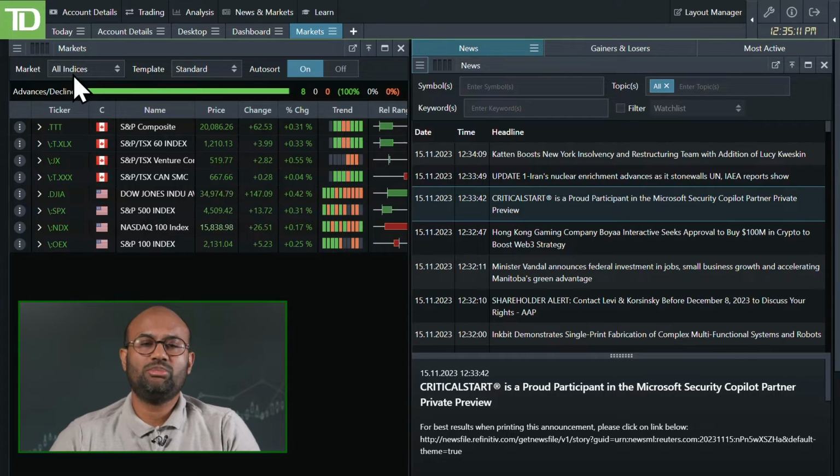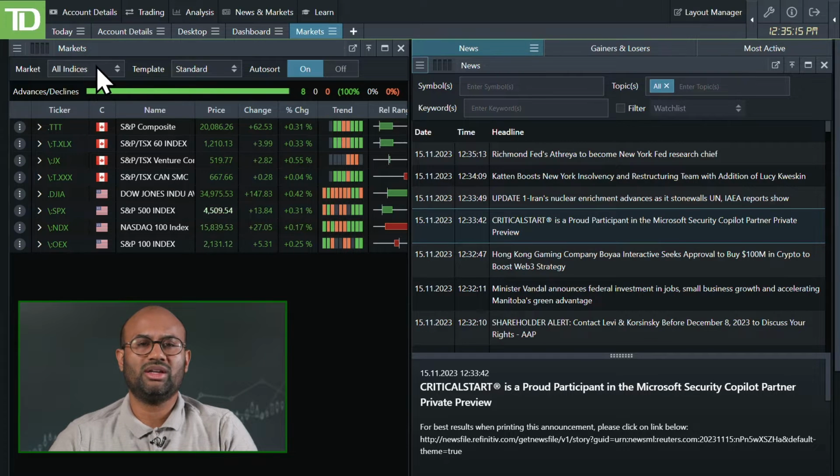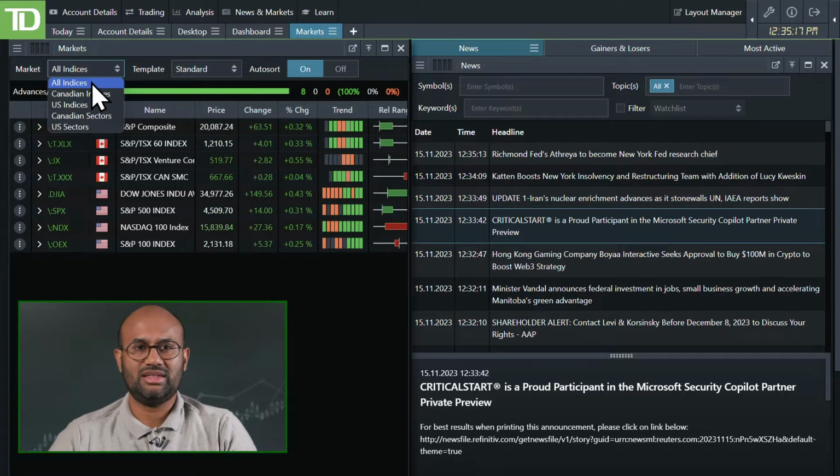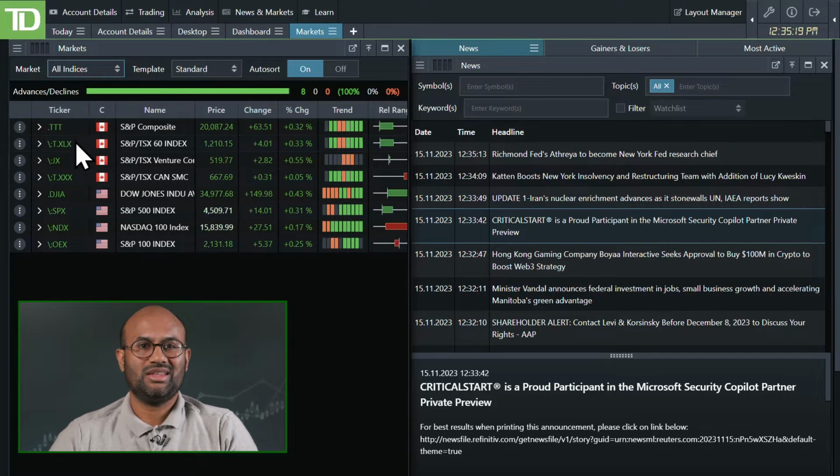So you can actually partition it, and you can see up here in the configuration bar, we are on the market category and we're set up to all indices. Within all indices, you can see there are the Canadian indexes, and there are going to be flags as well to inform you which one it is. So we have the composite, the TSX 60, the venture exchange, and then we have another sub index there,